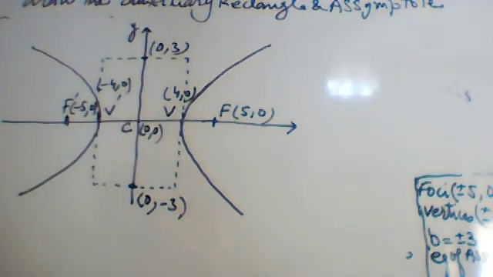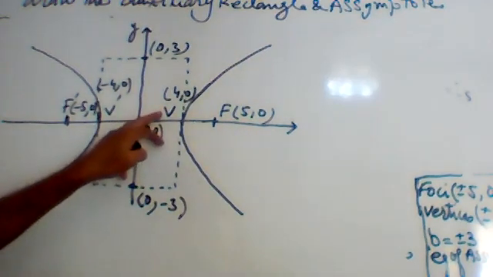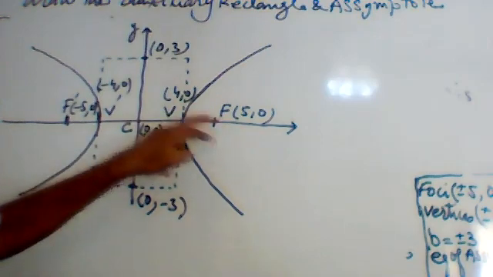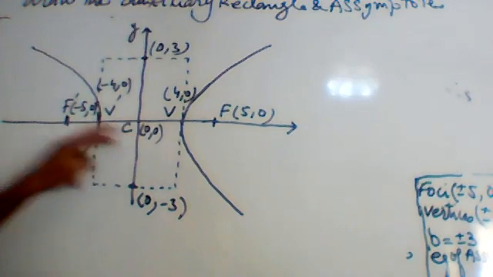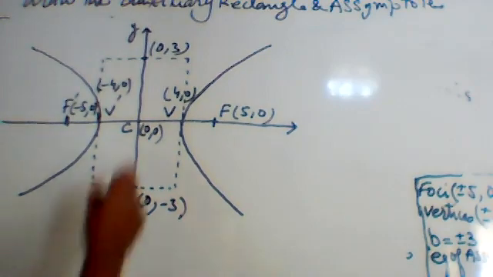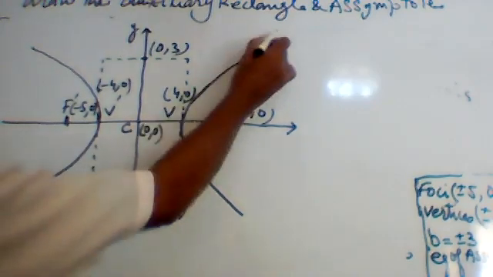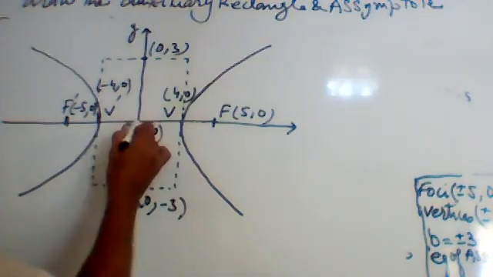So this is the auxiliary rectangle. So this is the hyperbola. We have to show focus, center, vertex, focus, center. Here also center, vertex and focus, and we will draw this one. Now we will draw the asymptotes. Asymptotes will be a line, put the scale over there, which is passing through the center and it is just touching.